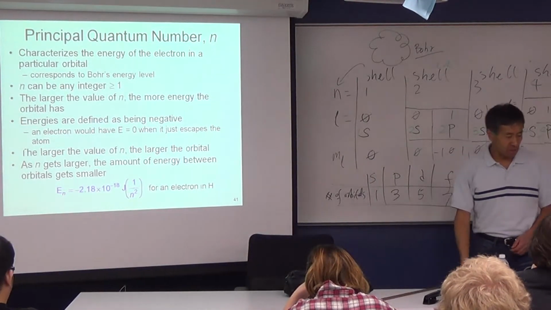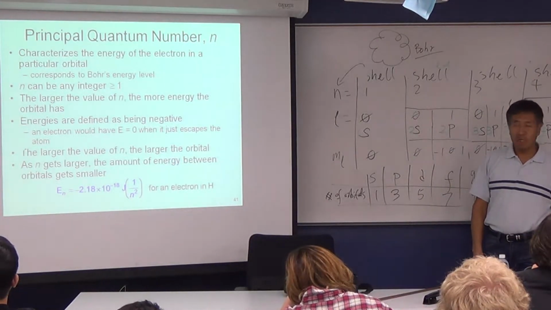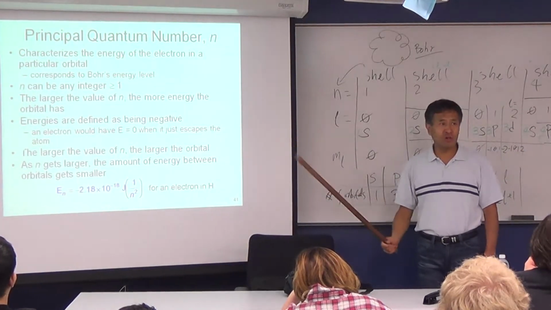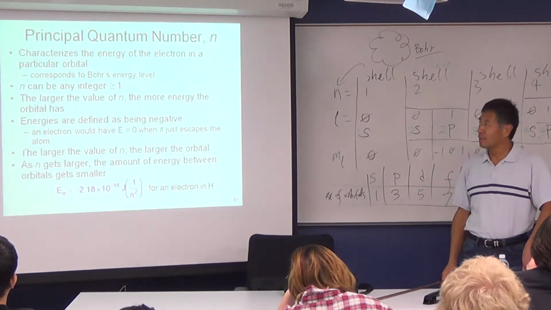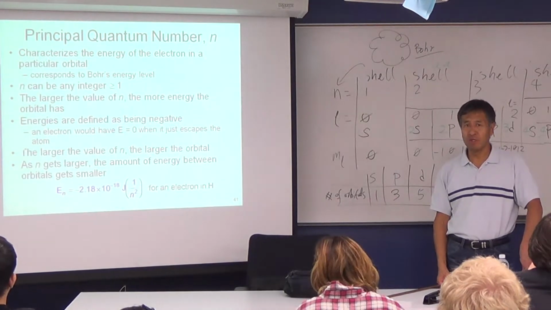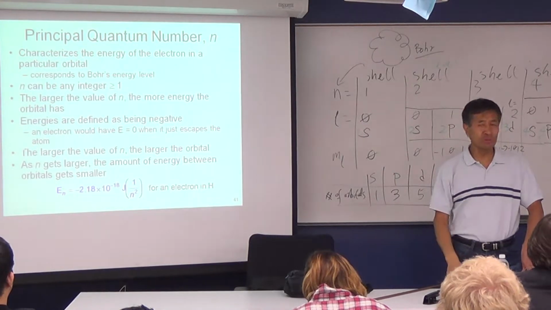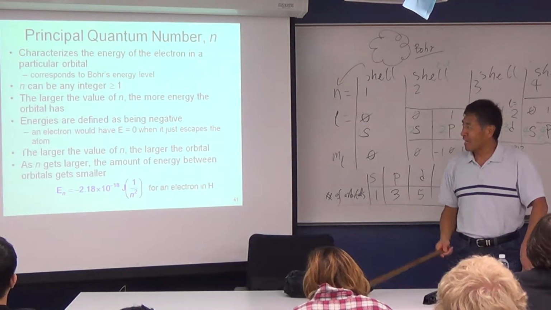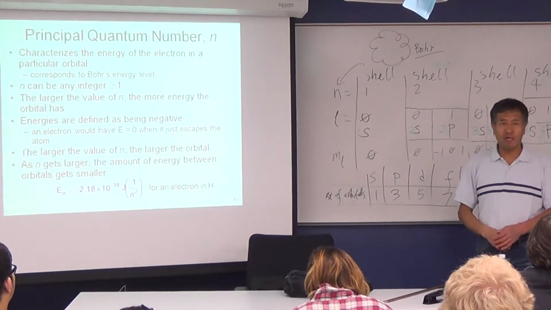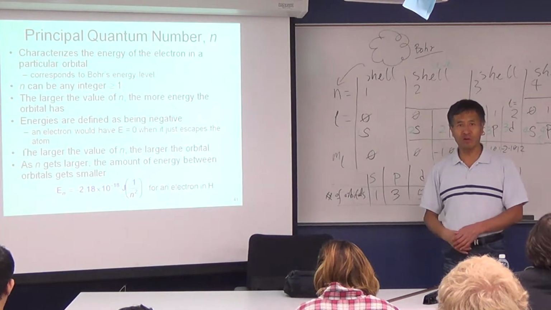And you also get the energy. And then you also get these 3 quantum numbers, n, l, and m_l. So in terms of energy, the larger the n, the more energy the orbital has. And the energies are defined as negative. So more energy means it becomes less negative, closer to 0. Also, the quantum numbers, the energy, and the orbitals all come from that equation, so they are all connected.